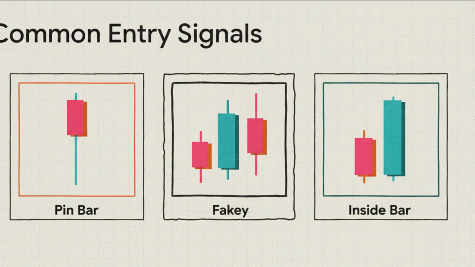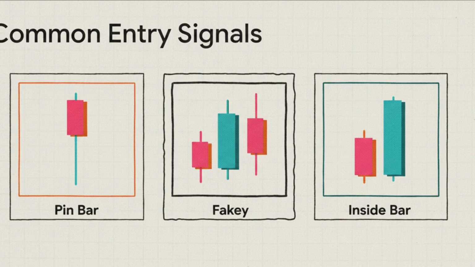You really just need to recognize a few powerful footprints. The main price action entry signals include the pin bar pattern, which essentially shows a sharp, immediate rejection of a level. Then you've got the Fakey, which is a false breakout that mercilessly traps all those amateur traders who chase the wrong direction. We also have the standard inside bar pattern and the highly potent pin bar and inside bar combo. Think of these specific candlestick signals as the definitive visual confirmation you need to prove a key level is